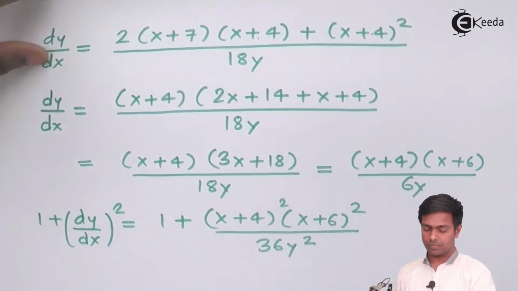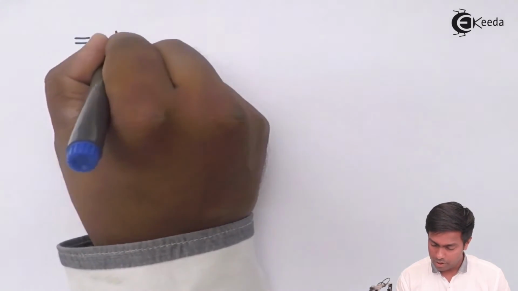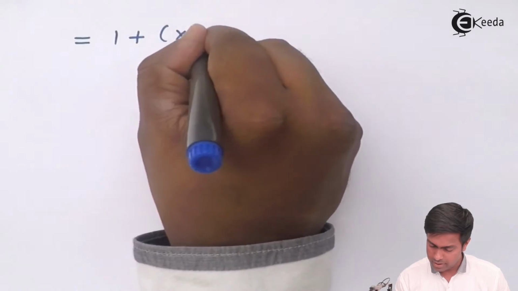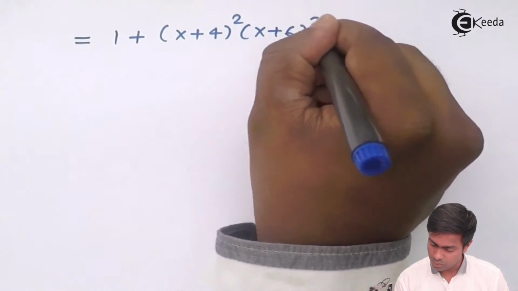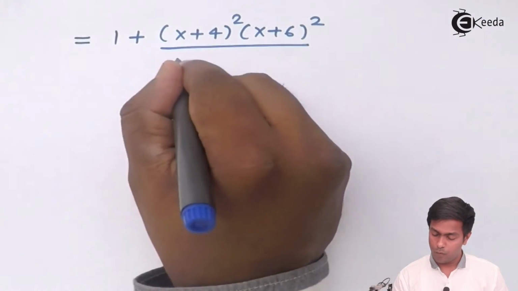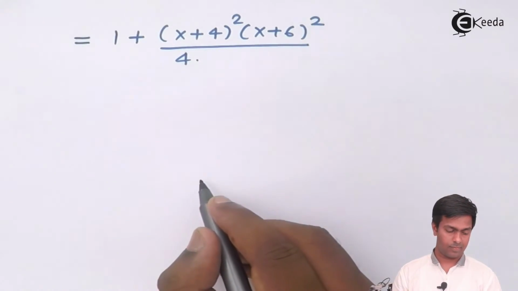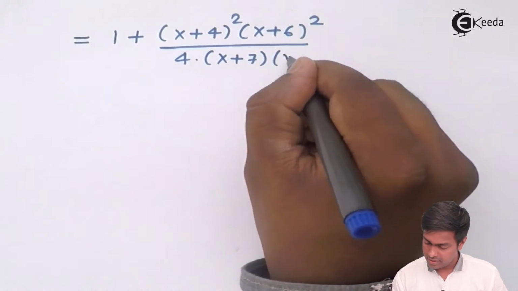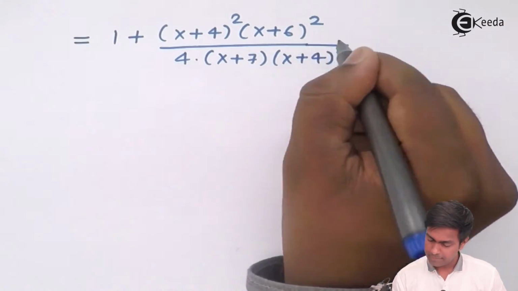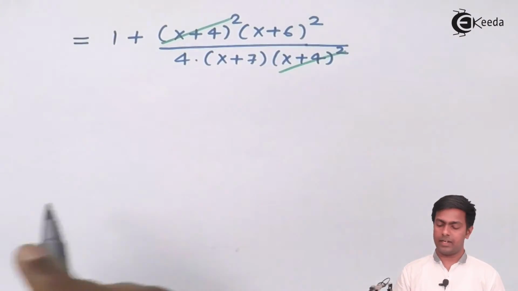So guys, now here we'll get 1 plus x plus 4 the whole square x plus 6 the whole square upon 4 into 9y square. Now the value of 9y square is x plus 7 into x plus 4 the whole square. Now guys, here we can cancel this x plus 4 the whole square term, and then we'll do the cross